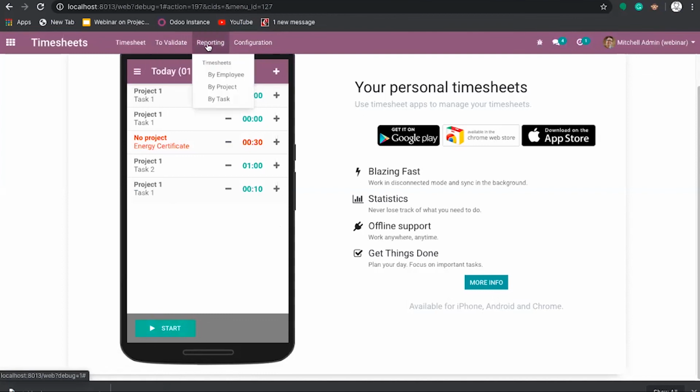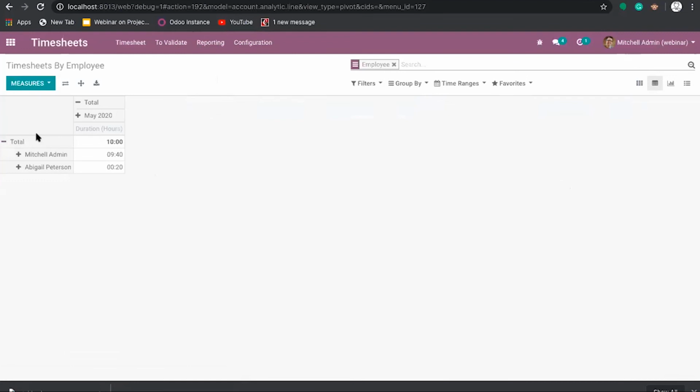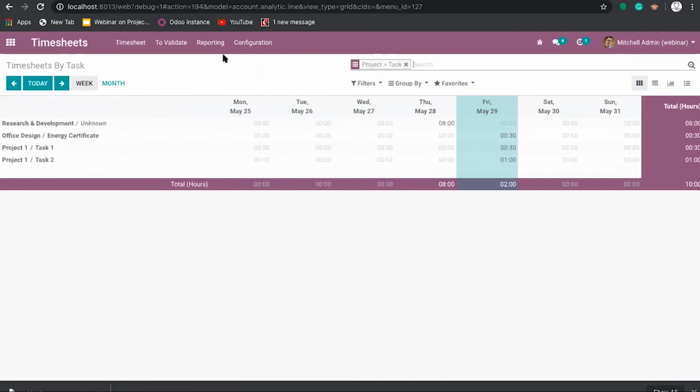Then we have reporting. Based on employee or project, we can segregate the report from here. If we want the record based on the employee, we can select employee. Or if you want it based on the project, you can select project. And if it is by task, you can select task. So if you go to the configuration settings,